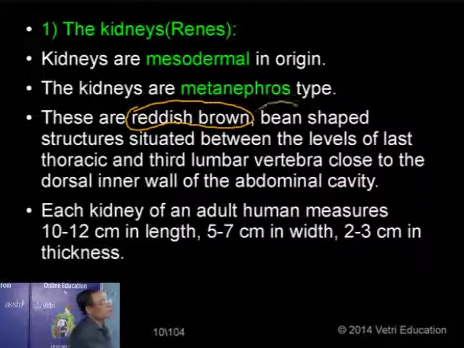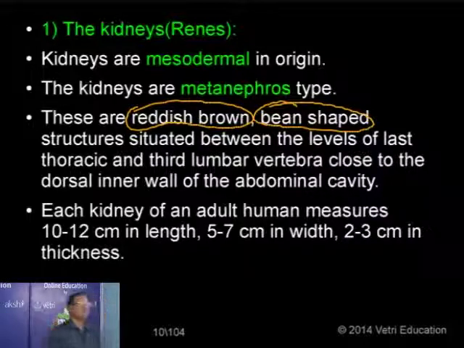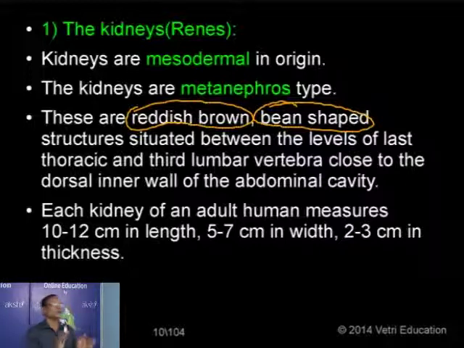Just more or less the shape being shaped one. Where is it located? It is normally located just between the last thoracic vertebra. You see that in the thorax we have 12 vertebrae. It is located between the last thoracic vertebra and the third lumbar vertebra, and then attached to the inner dorsal body wall, one on either side of the backbone on